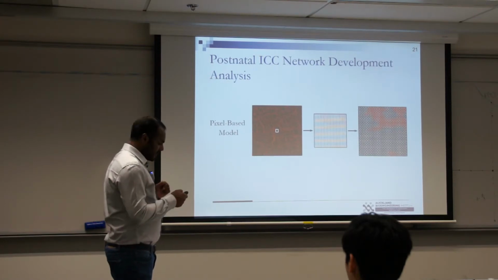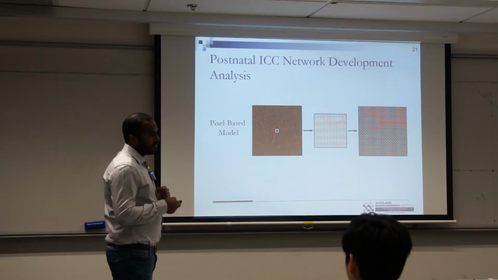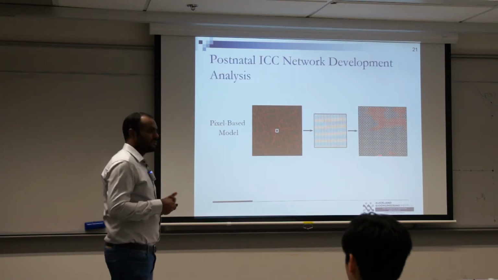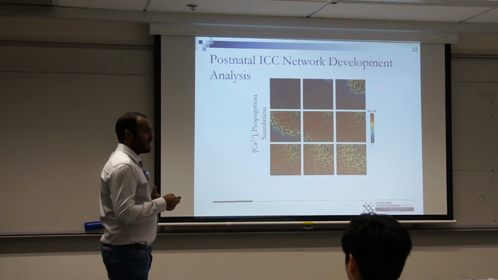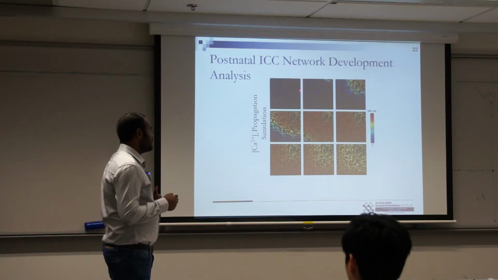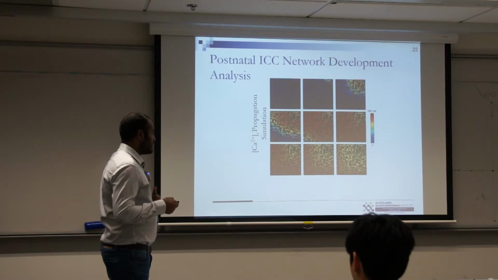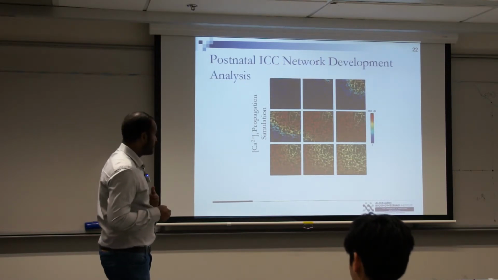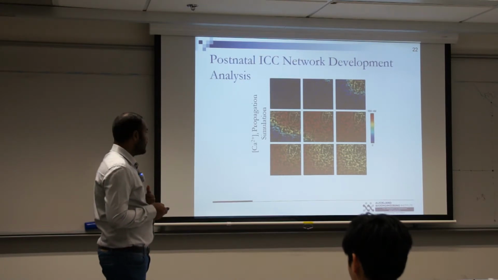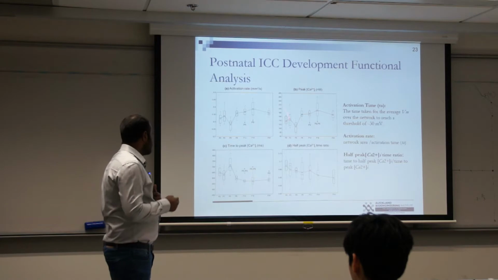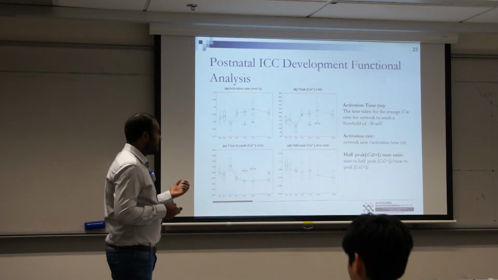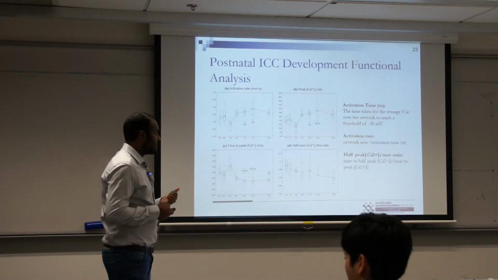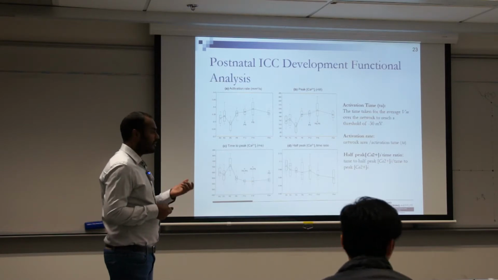We set the red patches or red pixels to ICCs and black ones as non-ICCs, and we simulate the electrical activity. So this is the calcium activity. So we allow the ICCs to activate at this top right corner, and we see the propagation. So this is like a sample simulation propagation. It's only the intracellular calcium. So we quantify the transmembrane potential that's observed from the propagation, and also the intracellular calcium concentration